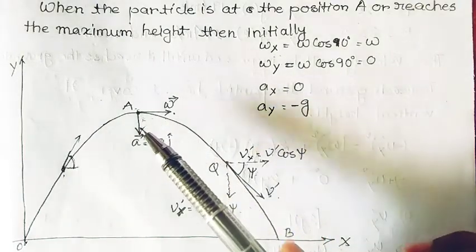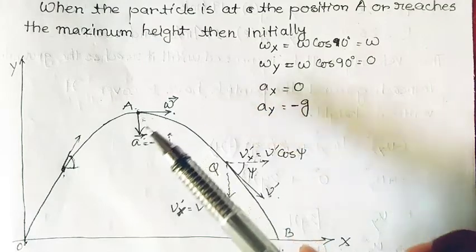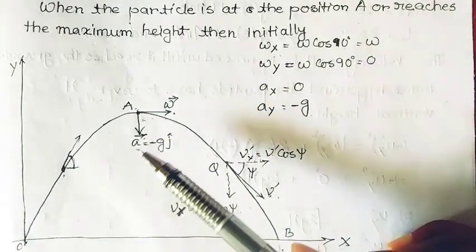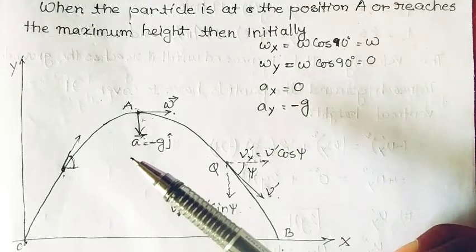So if I analyze the components of the velocity and acceleration, which basically dominate the motion, which change the direction and the magnitude of the motion